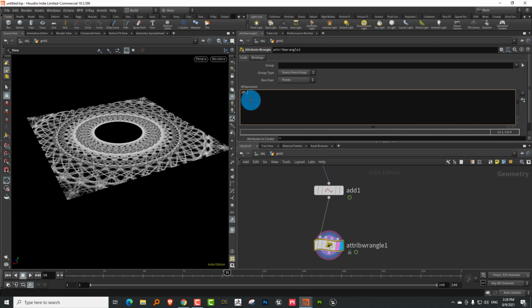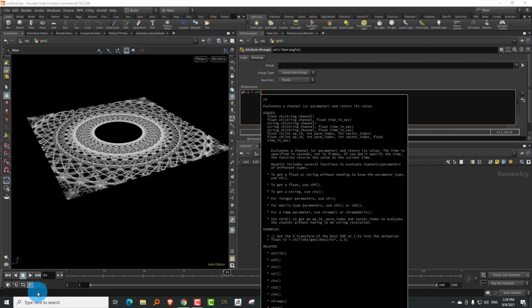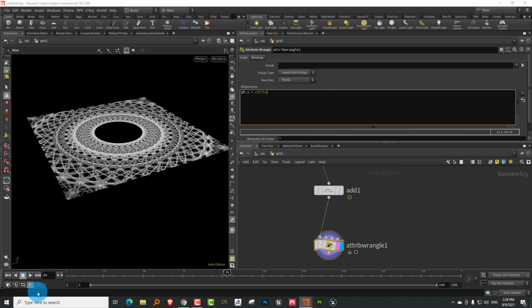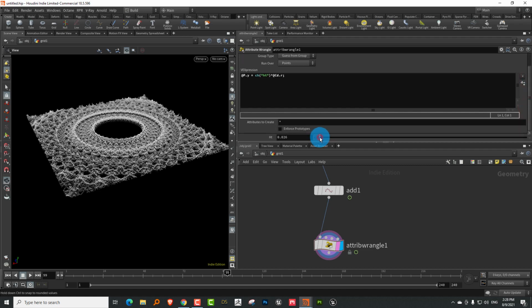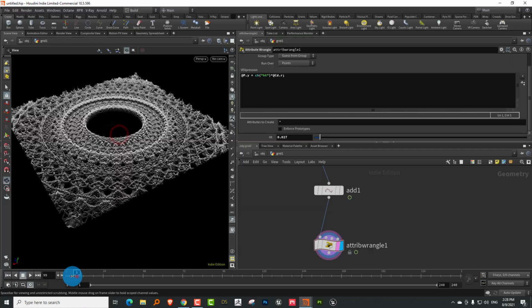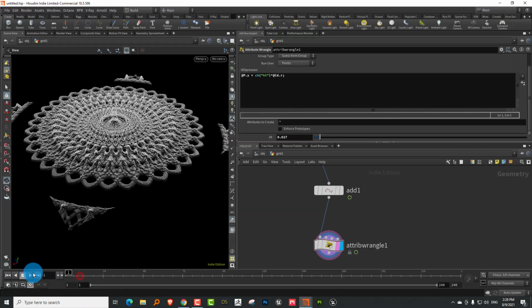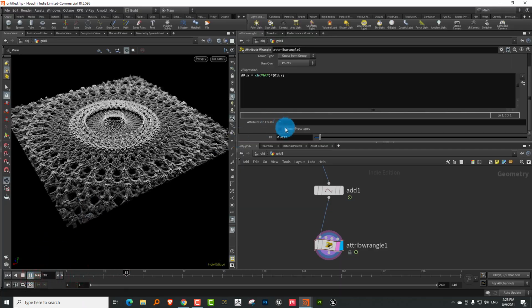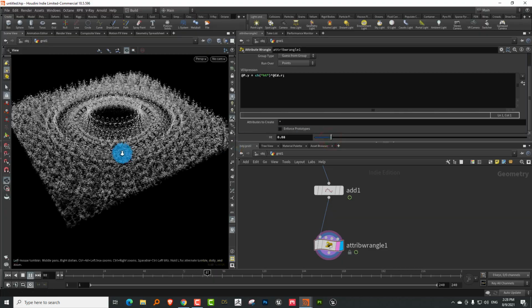So we'll do @P.y is equal to, I'll give it a parameter so I can control the height. So I'll just call it height times @Cd.r. And let's create the parameter. And what that should do is, if we move this up, see, you actually get some pretty nice looking results. So I can take it higher. There you go. See,